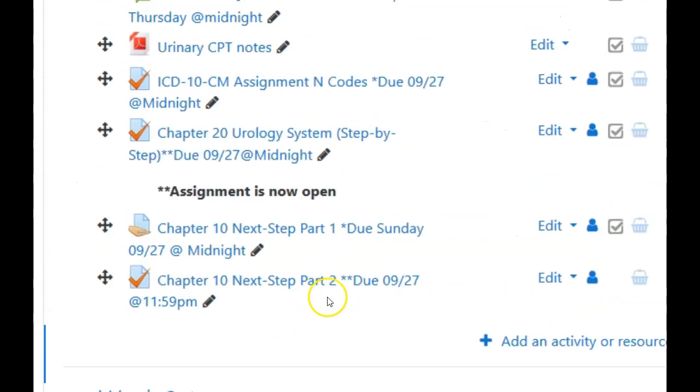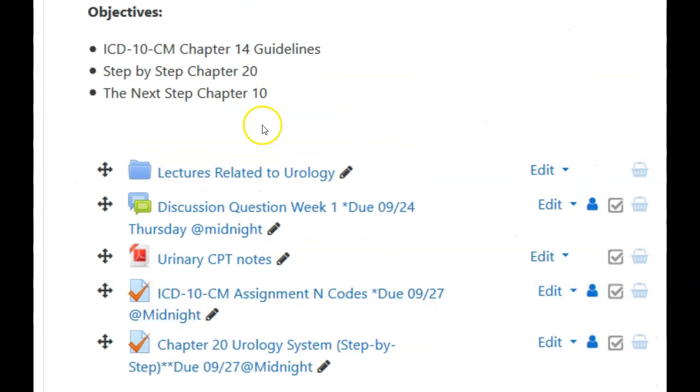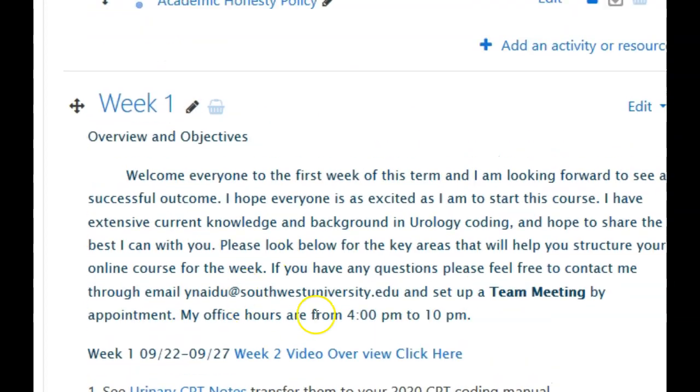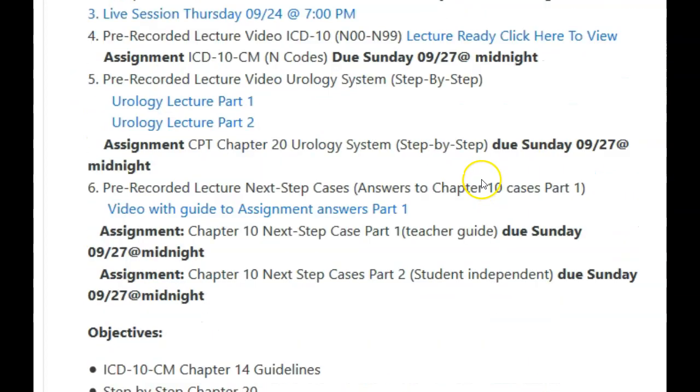Just some information in regards to week 1, okay? Just a little recap of what we learned. So we did learn in regards to the urinary system, okay? I hope that you did go through the lectures and watch the lectures before you did the assignments. That was the best thing. That was in this direction here of what to do, okay?